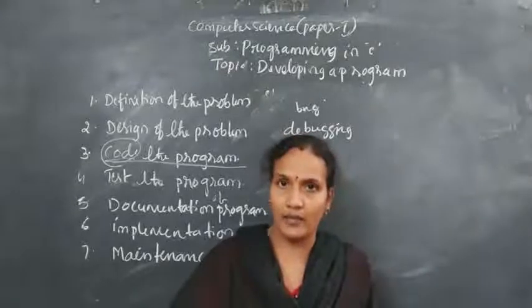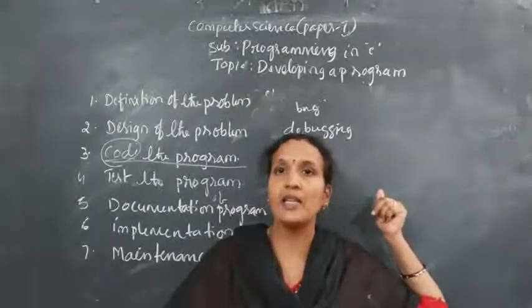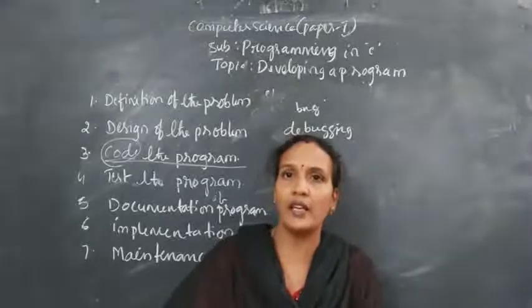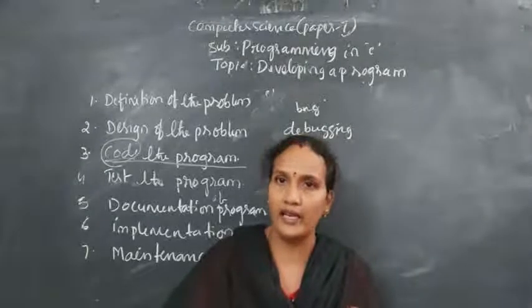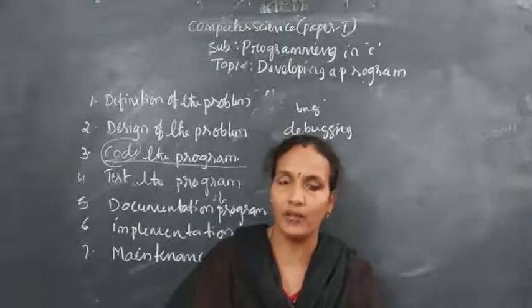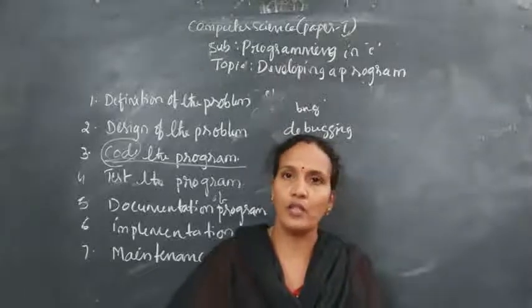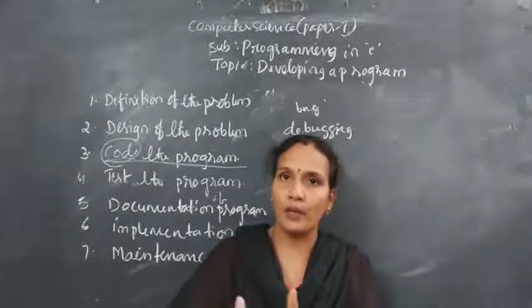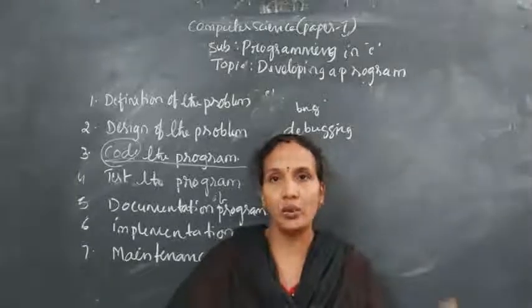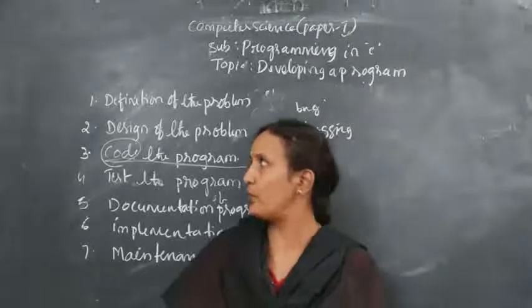Checking for that error, that checking process, is called debugging. What is debugging? It is a process of checking whether there is an error in the program or not. If there is any error in the program, then the compiler will inform the user that so and so error is there in the program. Clear? So in the fourth step, whatever program the user has written is tested against the rules of the programming language in which you have written the program. Clear? That is the fourth step.